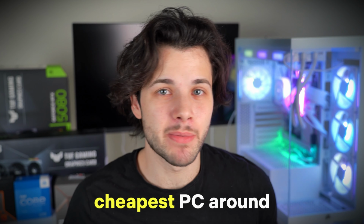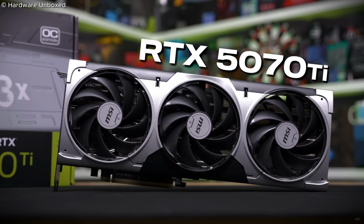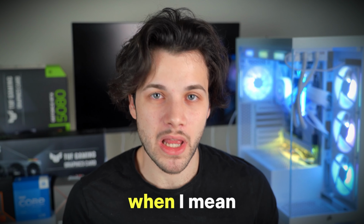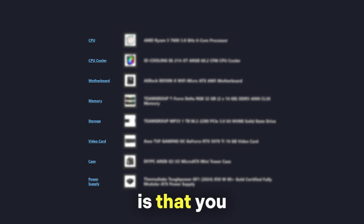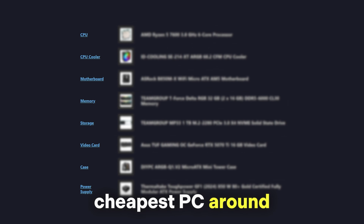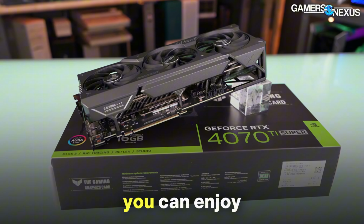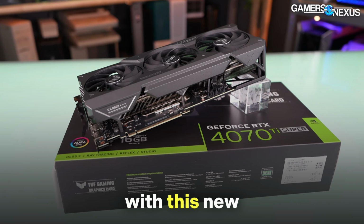If you want to build the cheapest PC around the new RTX 5070 Ti within reason, then you came to the right place. When I mean within reason, is that you are building the cheapest PC around the 5070 Ti that will not bottleneck this graphics card. That way you can enjoy your gaming experience with this new Nvidia graphics card without any bottlenecks, stutters, FPS drops,